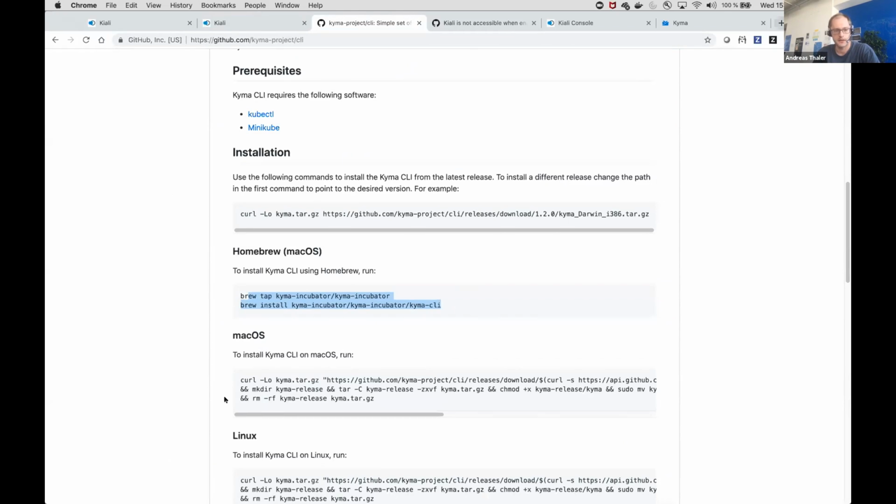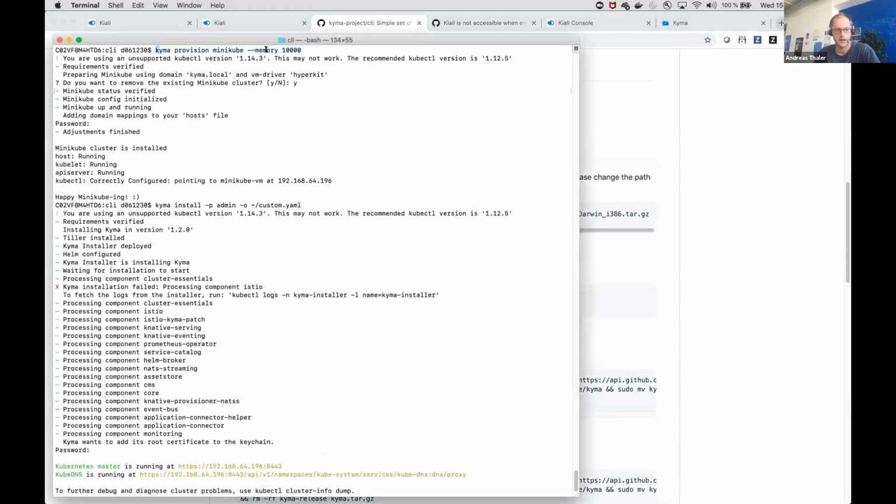And then I just started to provision Minikube, increasing the memory size because I have monitoring enabled, and that takes more, you need more than just the standard configuration. And afterwards, I just said Kyma install. I set a custom password for the Kyma cluster itself. And I specified that I want to use a config override, so pointing at the end to a custom file,